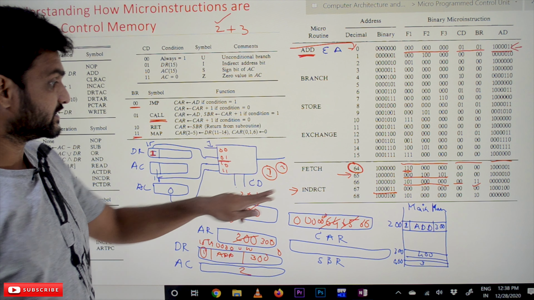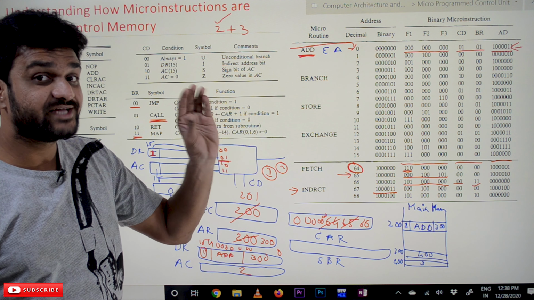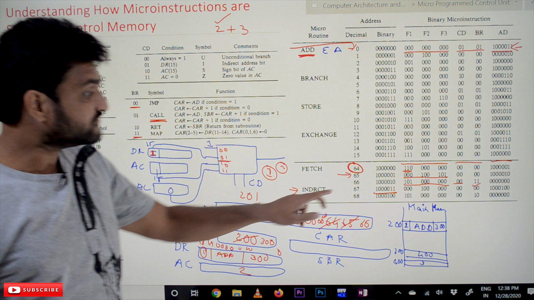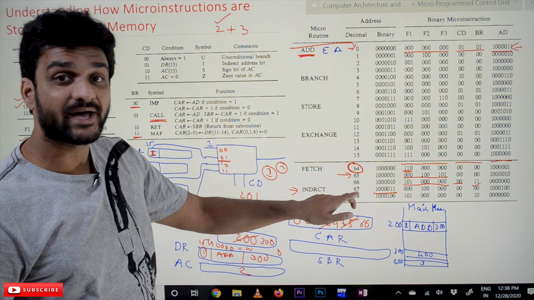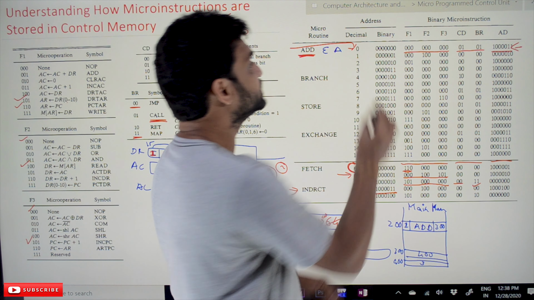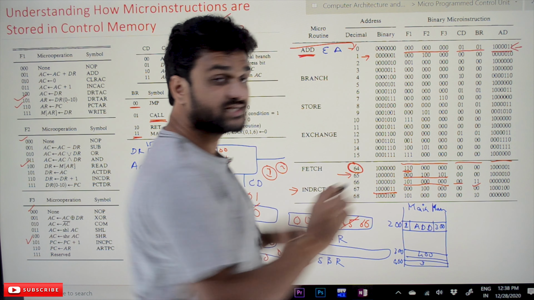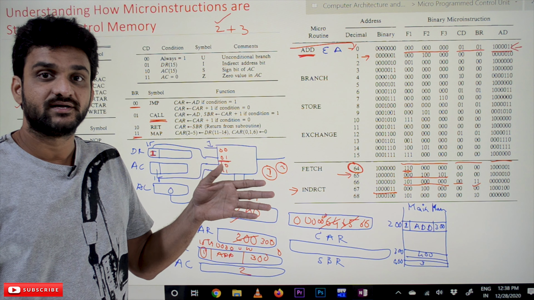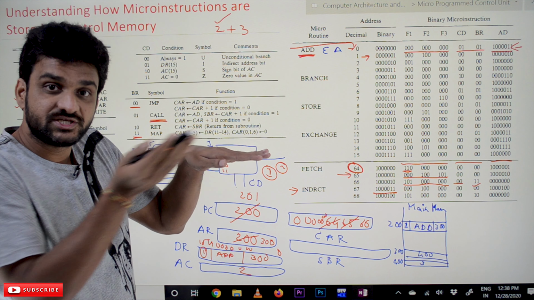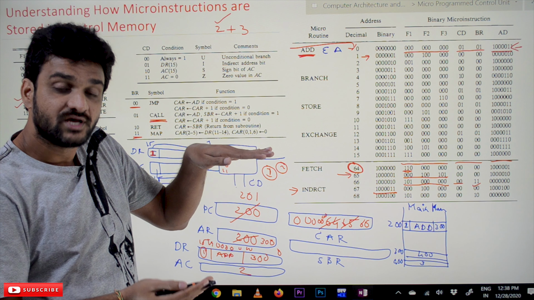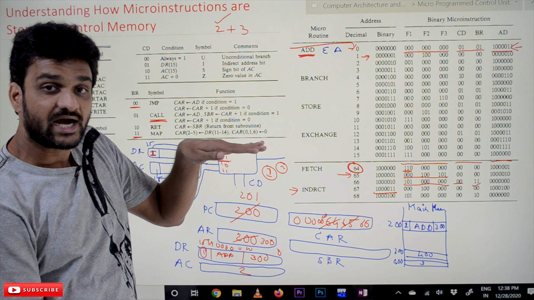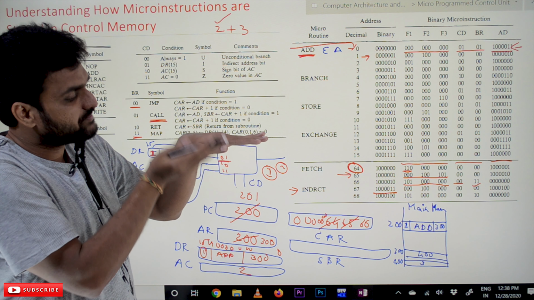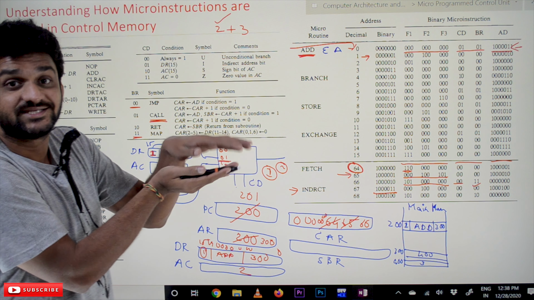We are going to call this function, indirect, meaning to find the effective address, and after the execution of these two microinstructions, we have to go back and execute this one, isn't it? Whenever we are executing a program, if a function call is made, we have to go to that location and execute that function, and after the execution of the function we have to come back and execute our next instruction.